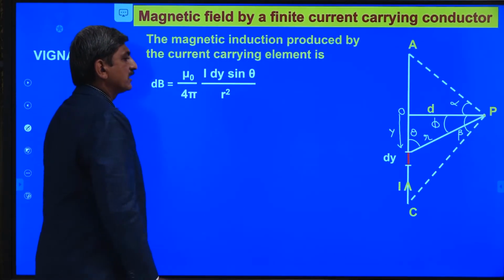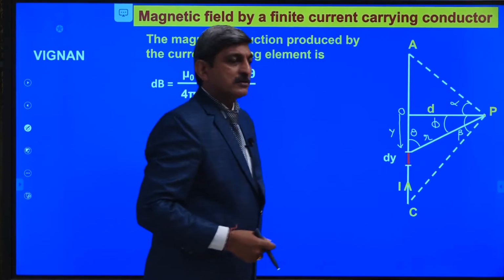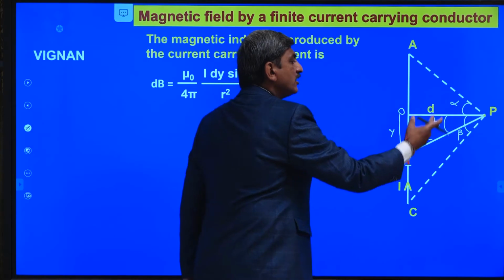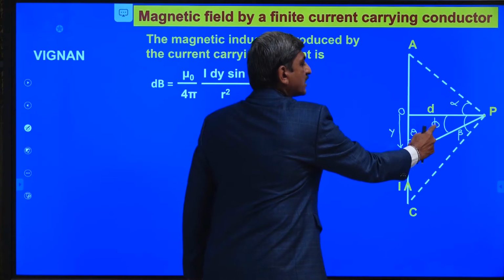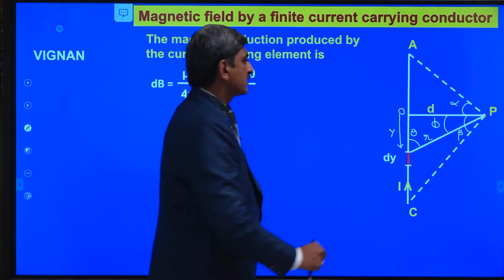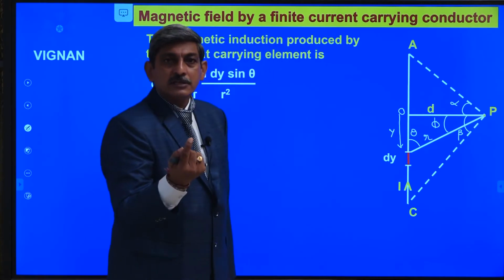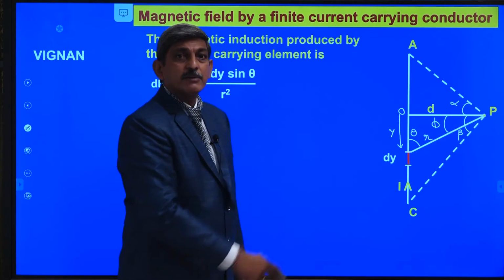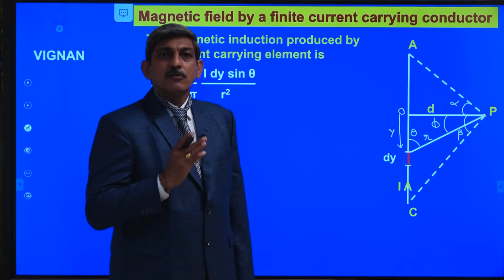Now in this equation, the length of the wire AC may be known. These angles alpha and beta are known and d value is known for us. But this theta is unknown for us, phi is unknown for us, r value is unknown for us when we are taking the entire wire. Why? Because this r value, theta value, phi value, y value all are related to the small element what we considered. That's why if we want to determine the magnetic field produced by the entire wire, we have to derive an equation in terms of the only known quantities.